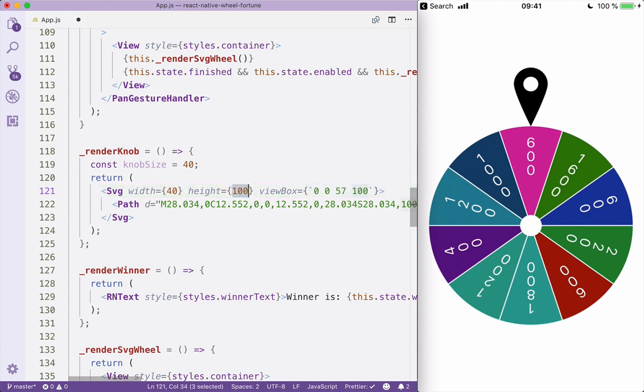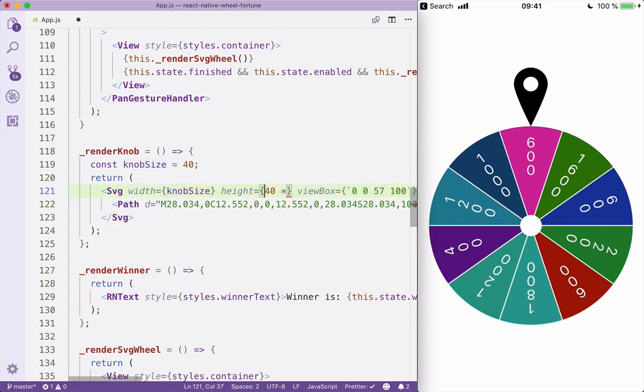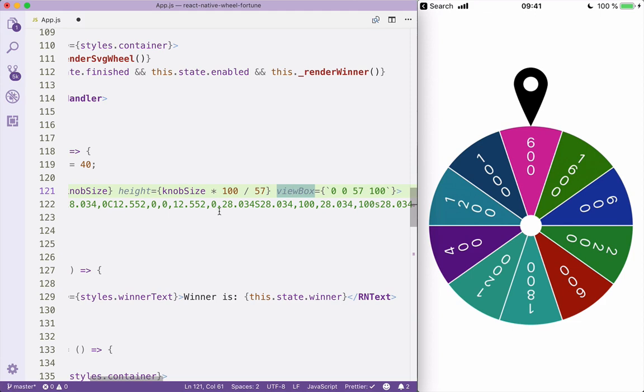The height is going to be the ratio, so it's actually knob size multiplied by 100 and divided by 57,